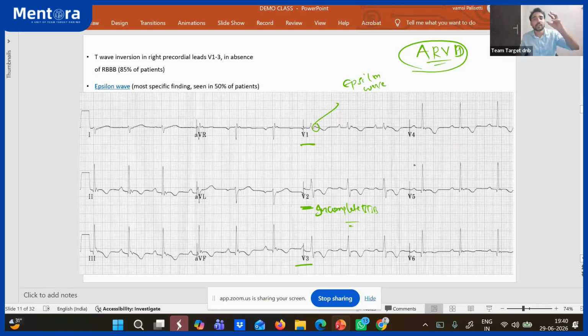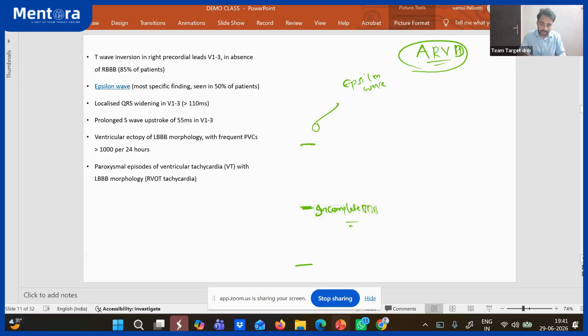Because the right ventricle myocardium is replaced by fat, right ventricle depolarization is slow when compared to the left ventricle. So even after completing the QRS complex, there is a small depolarization of the right ventricle. That you see is called the epsilon wave, and that is the reason your depolarization duration is prolonged. So you will have some incomplete bundle branch block pattern, and also T inversions. This is what we discussed in the other points here. Let us see these things.